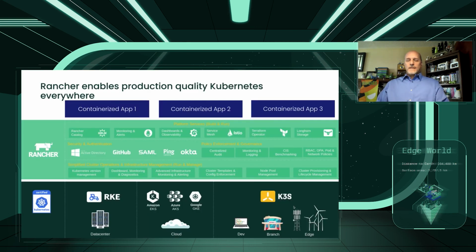Okay, and while on the last one, I just talked about what SUSE Rancher does to address those three kinds of challenges for edge computing, it is far bigger than that. It has a superset of things that it can deal with, right? You can do deployment of clusters. You can do monitoring. You can do it in the run and manage mode. I can do everything I need to do.